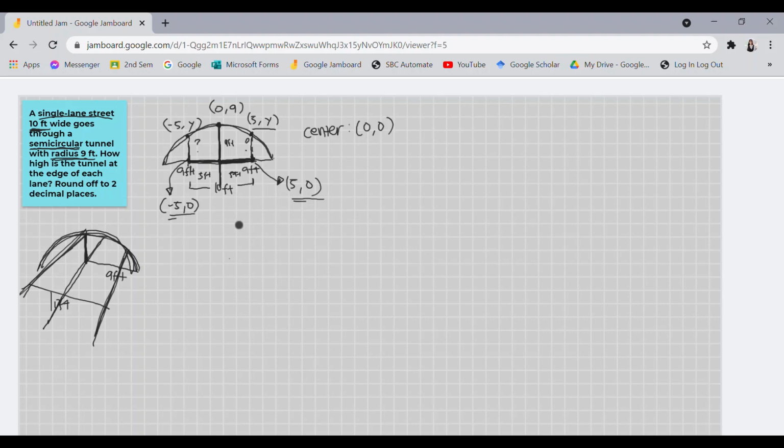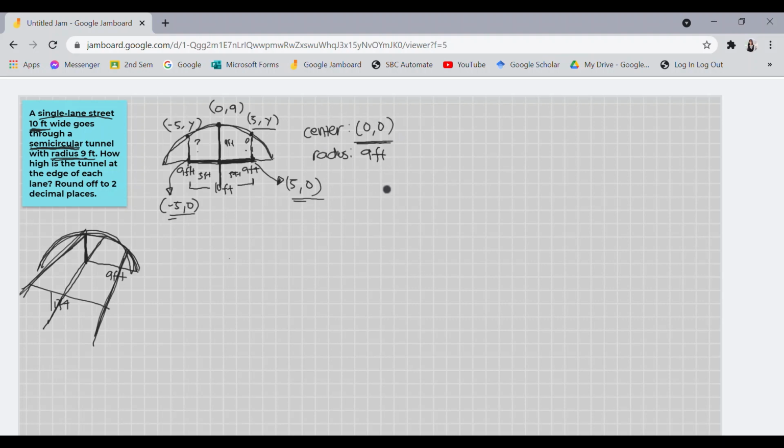Now, to solve the problem, we need to have an equation. So, again, going back, we are talking about circle. We have now a center. So, we have to form an equation. So, if a circle is at the origin, di ba? We assume that the center is at 0, 0. And if the radius given in the problem has the length of 9 feet, okay, so these are the given,